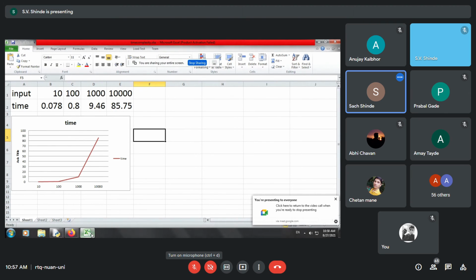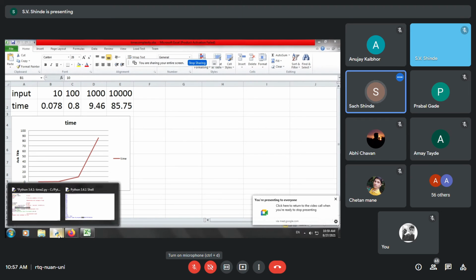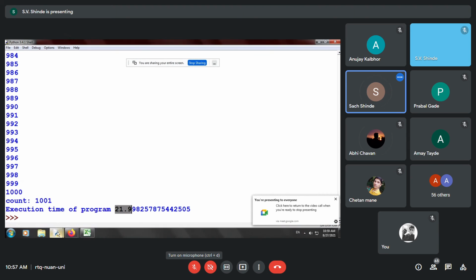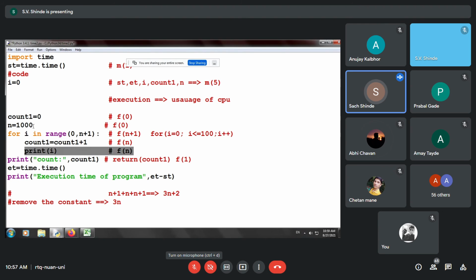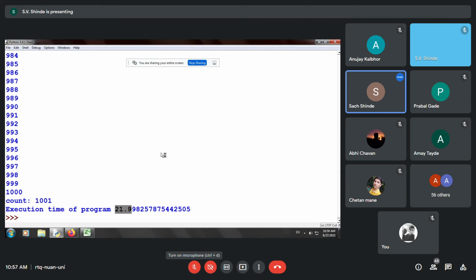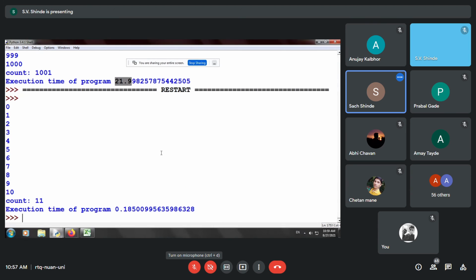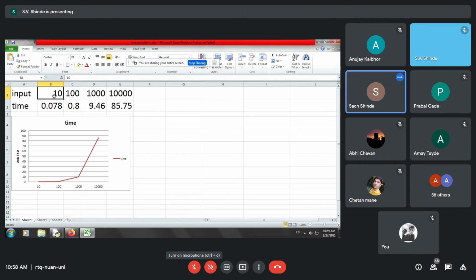Yes, sir. So what we have done, we have taken the input in the for loop as the size of the for loop is 10, and we have run it. Initially we have taken the count as 10, and we have recorded the time for that. So I'll record the time again for you. It took about 0.185 seconds. I put this time quantum over here. So for 10, we get some output.